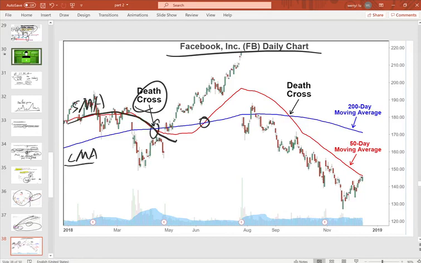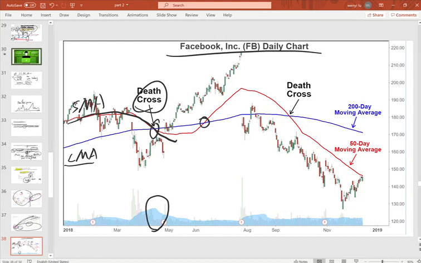That means it is a death cross, and the Facebook price will be going down. During late April, you can detect the price going down quickly for this part,